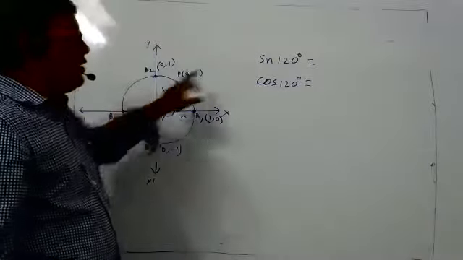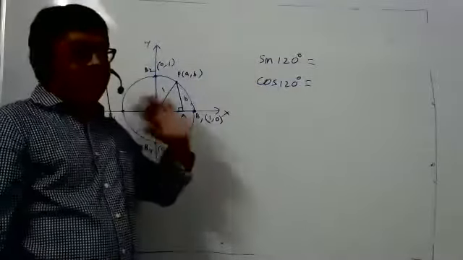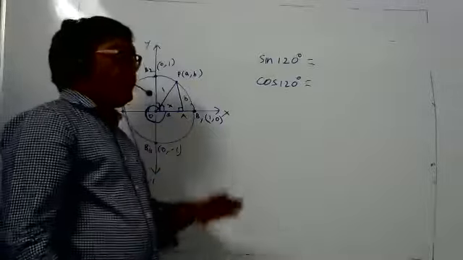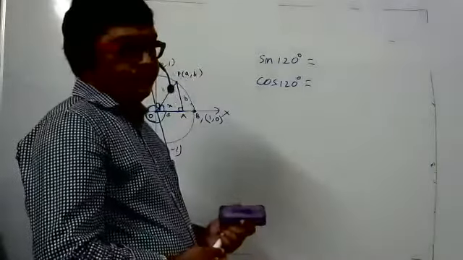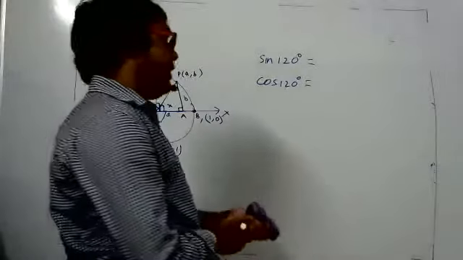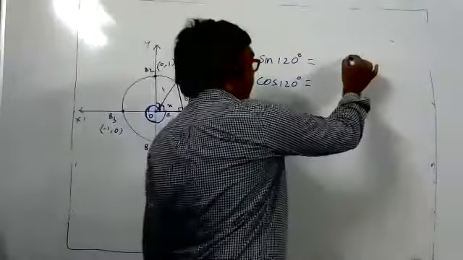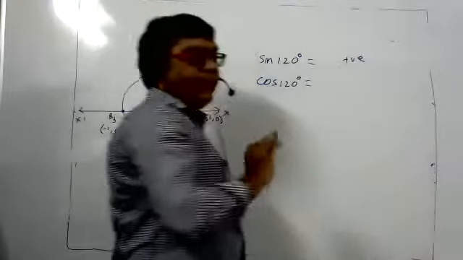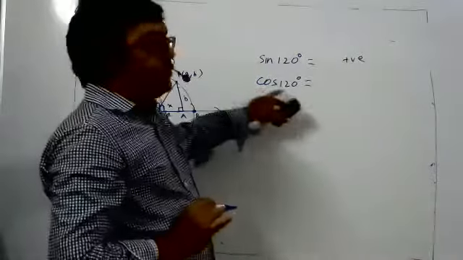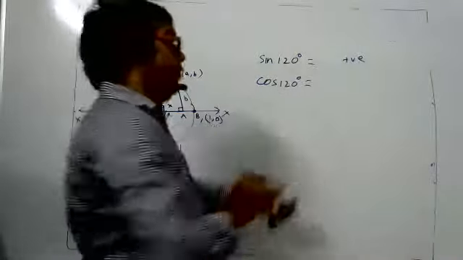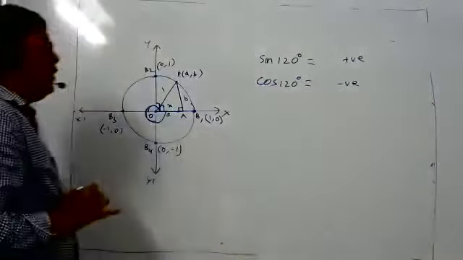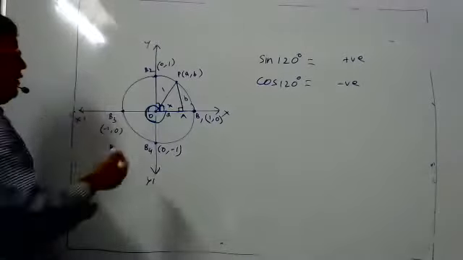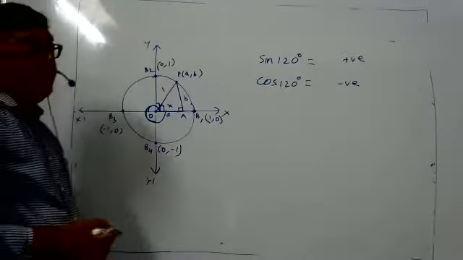Second quadrant means sine answer will be something which I will tell you. But suppose I don't know. But answer will be positive or negative? Positive. Because second quadrant sign is positive. That only I want to say. Answer will be there, but it will be positive, and cos 120 degree answer will be there, but it will be a negative answer. That is the meaning of what I told you. Sin theta will be positive in second quadrant, cos theta will be negative in second.